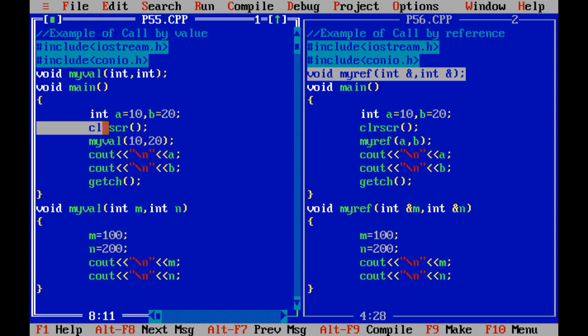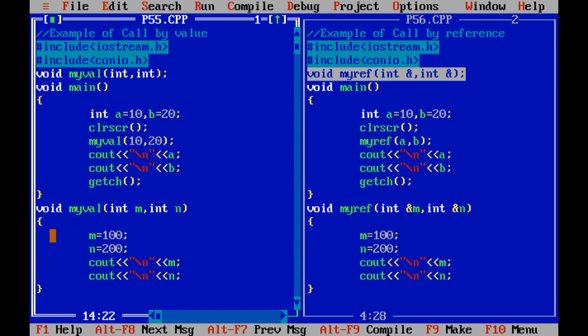After that it will clear the screen. After that, the third line, my value, we are going to call the function my value by passing two values, 10 and 20. It is caught by the m and n variables. 10 is stored inside m and 20 is stored inside n.